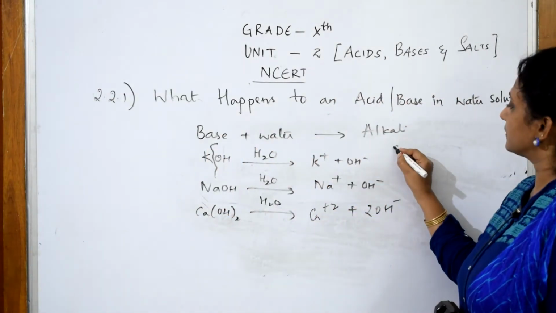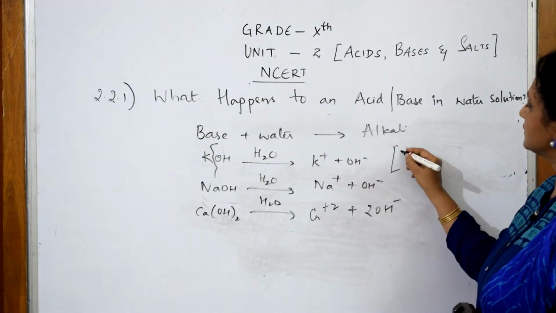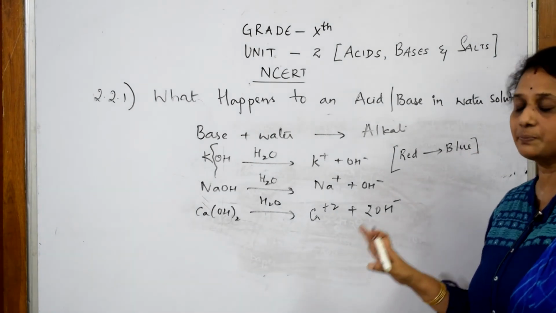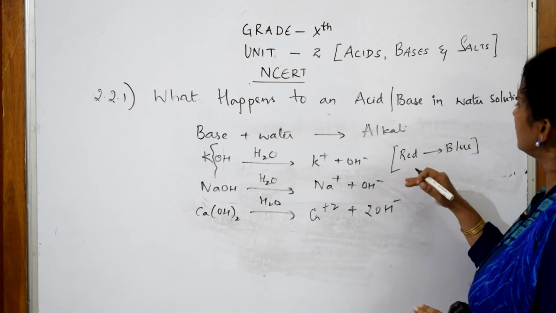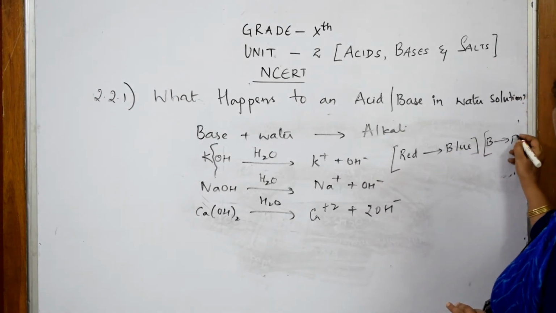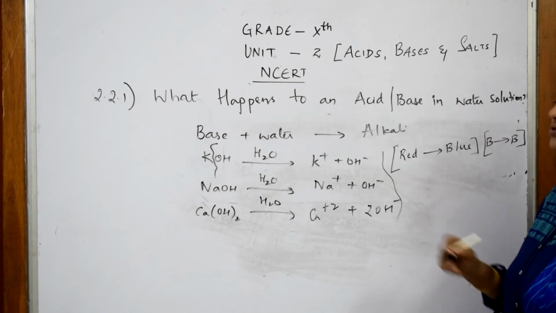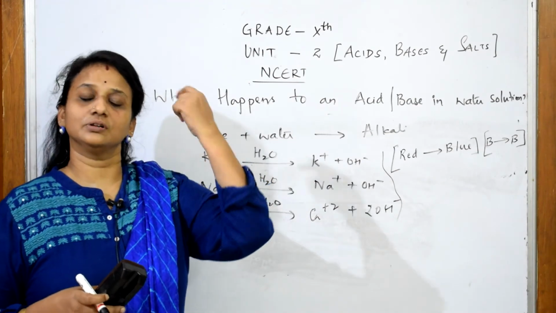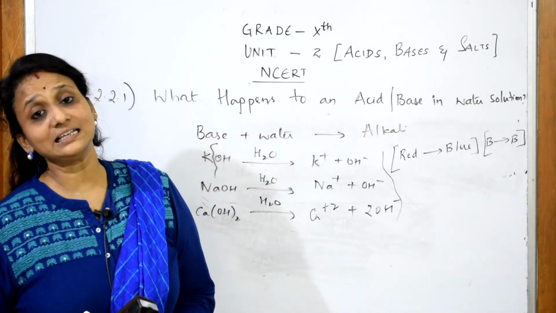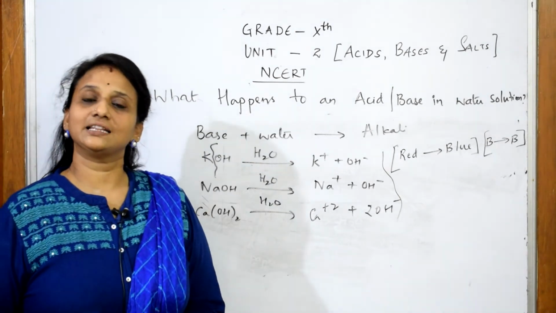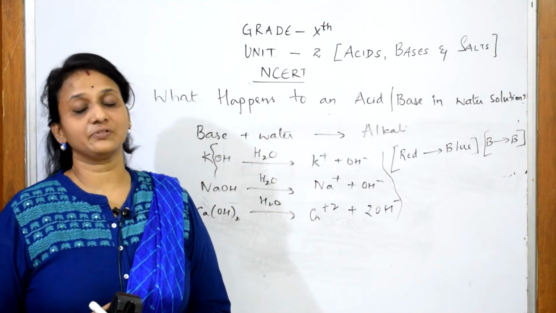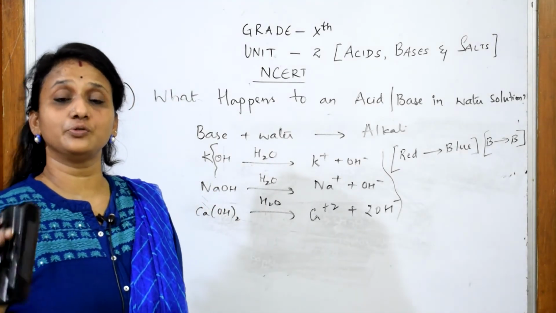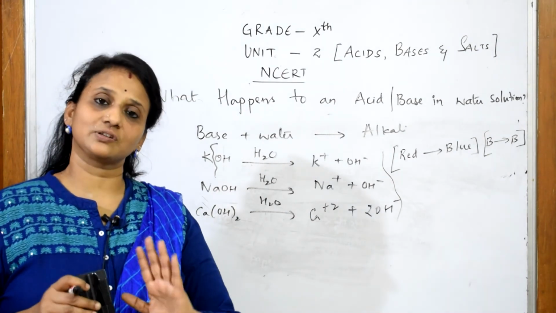If I take a litmus paper, always remember for bases, red litmus turns blue. Red litmus paper turns blue. Simple logic. If blue litmus is given, blue remains blue only. Same, everywhere the same concept. You take a moist litmus paper, dip it in it, immediately it will turn blue. It indicates that OH minus ions are released in the reaction. So this is the concept. I think you have seen the activity where we have done this. I've shown you the guard tube also, where there is a dry environment, we use it for moistening it. So clearly understood, I think.